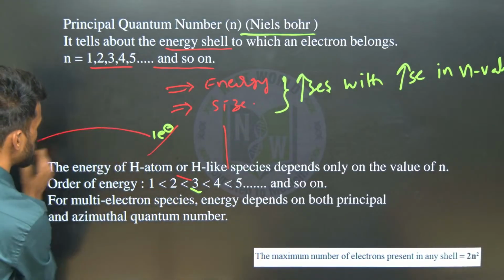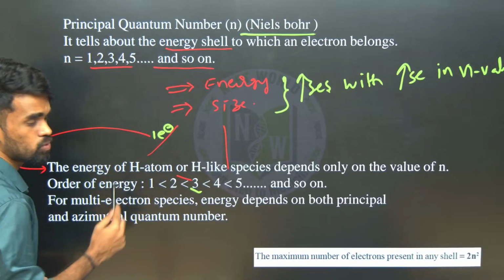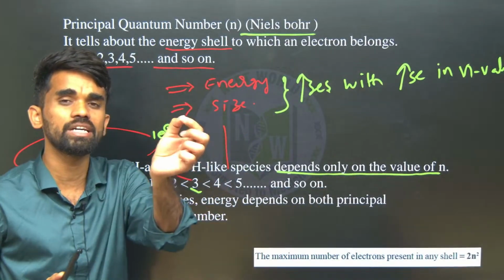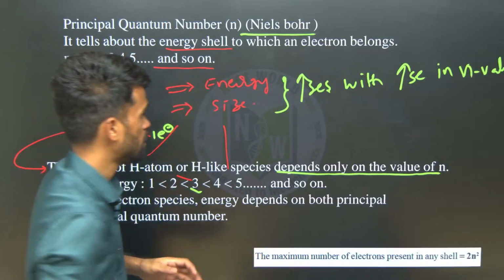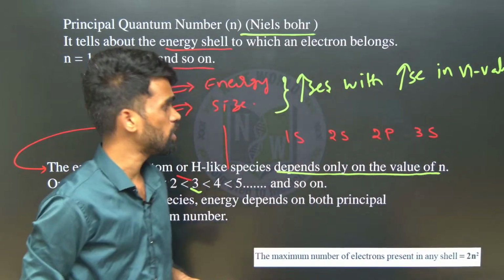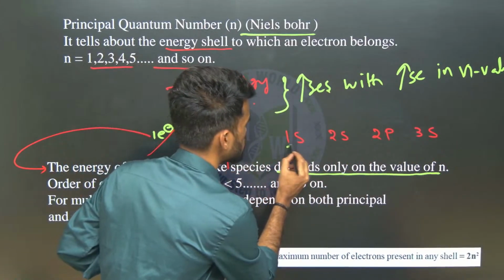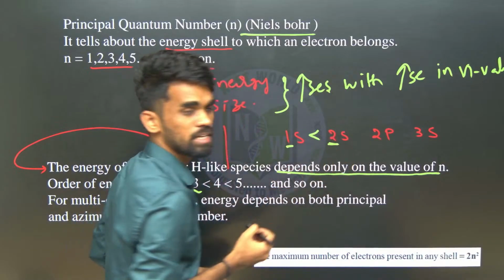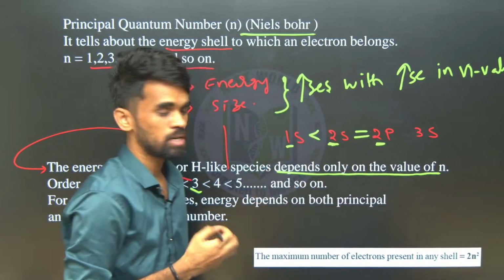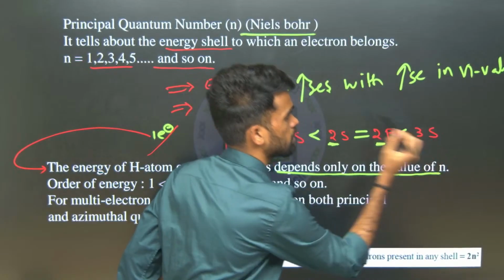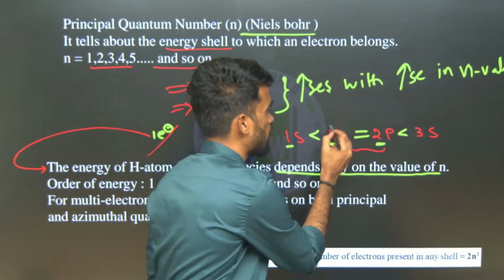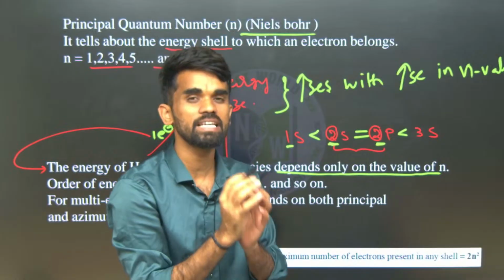So what is that? See, for single electron species, for hydrogen like species, the energy value depends only upon the value of n. So as n value increases, their energy also increases. For example, 1s, 2s, 2p, 3s, we are writing something like this. Now tell me what about their energies. See, here n value is 1, here it is 2. So as n value increases, its energy also increases. Here also 2, here also 2. So their energies are equal. Now these 2, 3. So this is greater, it has more energy. Now what you can understand from here is that orbitals which have the same n value will have the same energy in case of single electron systems.